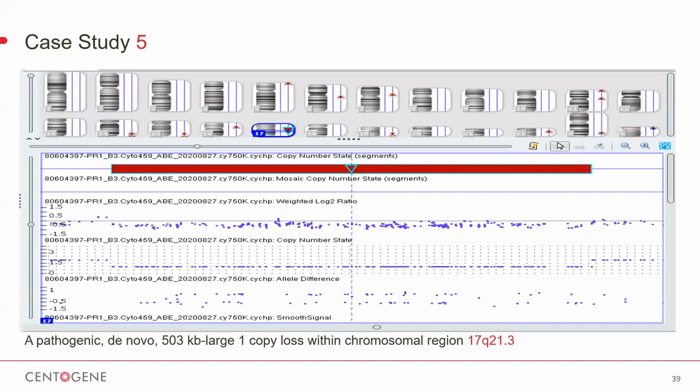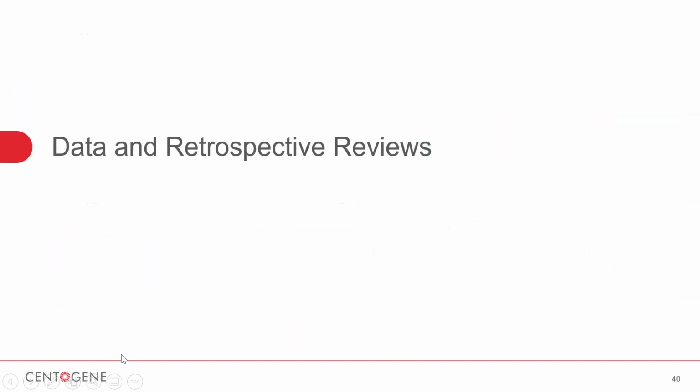Confirmation of this large deletion was done via microarray, and here the baseline is 0, but this being a deletion, the blue dots and the blue line are below the expected, and this confirmed the decrease in the amount of these regions, the pathogenic deletion corresponding to that cytoband area. Segregation was negative for both parents, so it was considered a de novo variant.